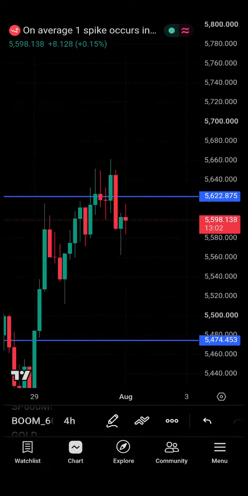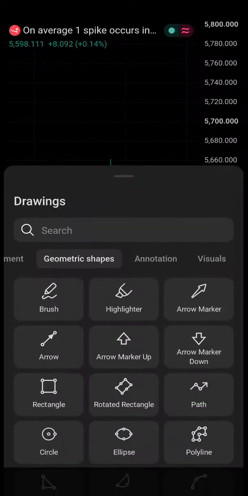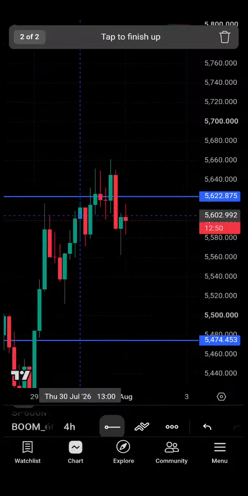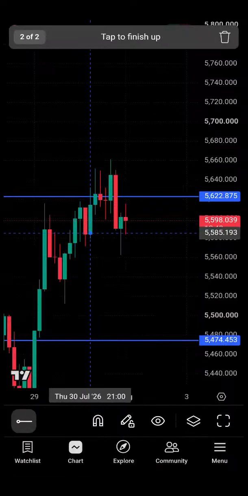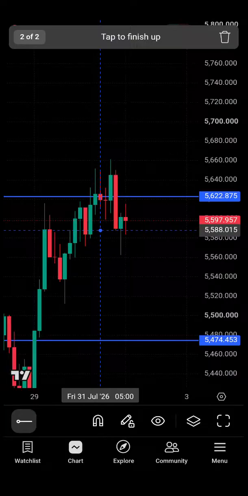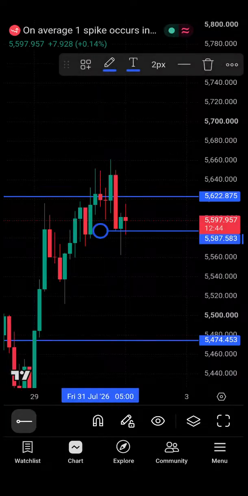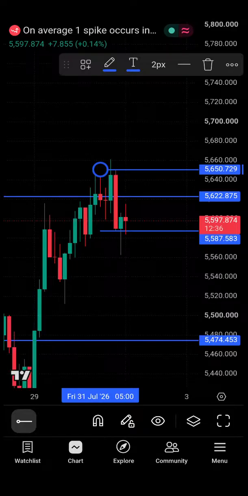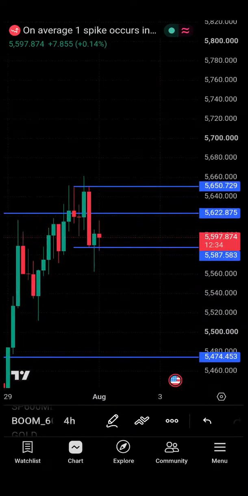On the 4 hour, it's like we have a CRT. Those who are trading CRT, we have CRT here. Okay, those who are trading CRT, you know, according to the rules of CRT,